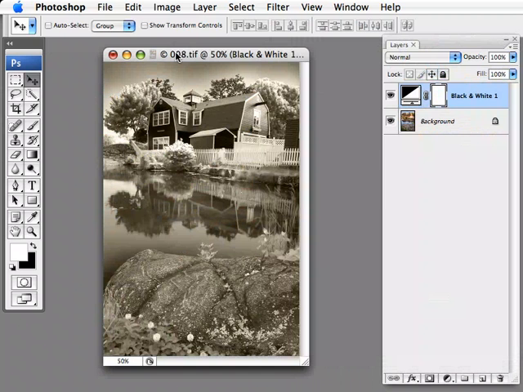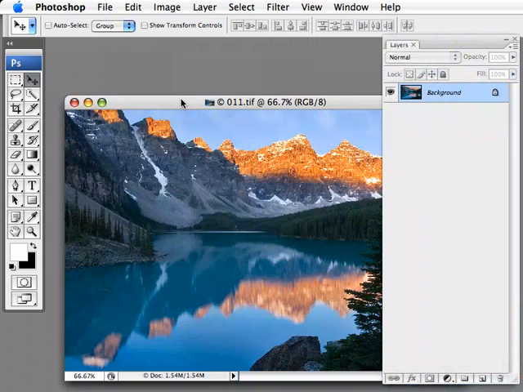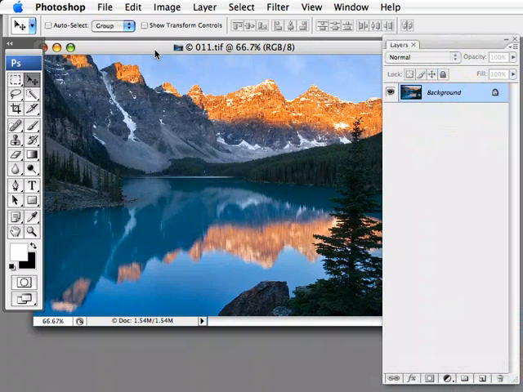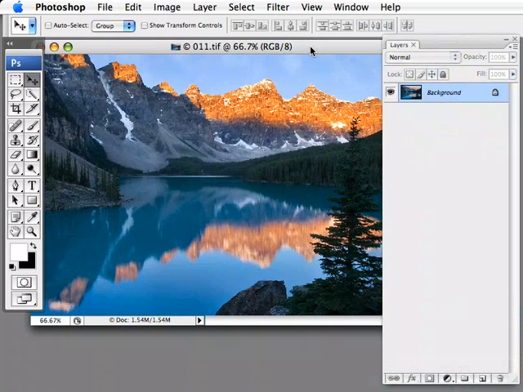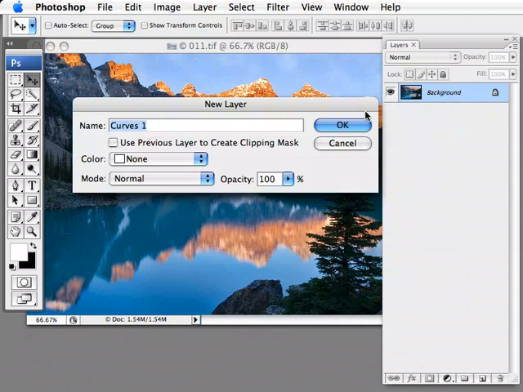Let's look at something else. Let me close that picture out and bring in another one here, and we're going to examine the new curves dialog box in CS3. Adobe this time around introduced some new very good features to curves, and they didn't affect any of the things that those of us who love curves have been using over time. So if I choose Layer, New Adjustment Layer, and pick Curves, and then click